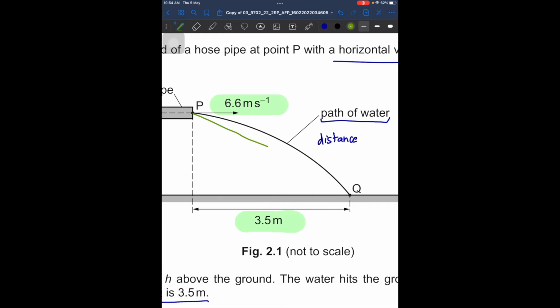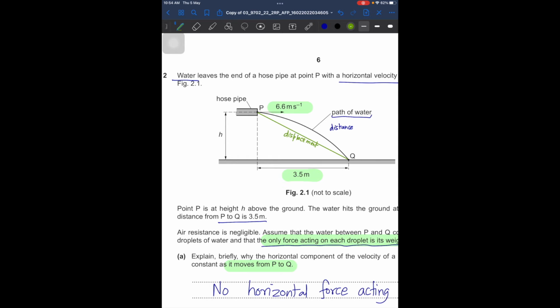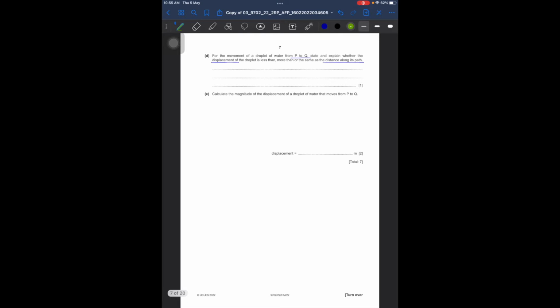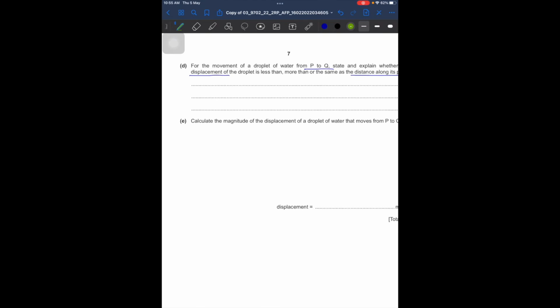Displacement is the shortest distance between the final and the initial position, which will be this. This is our displacement. Obviously, displacement here is less than distance, which we can see in the picture, as well as we know that it has to be the shortest distance between P and Q. So our answer, how do we write our answer? So we can write